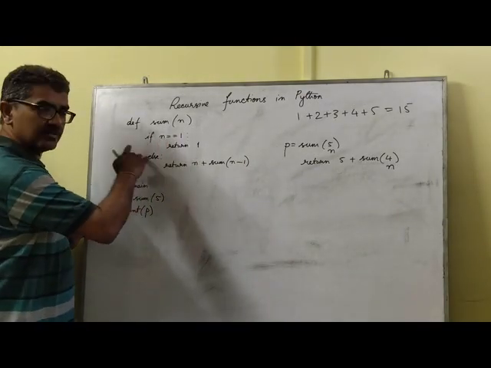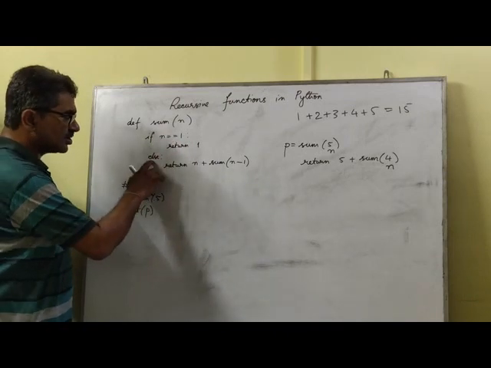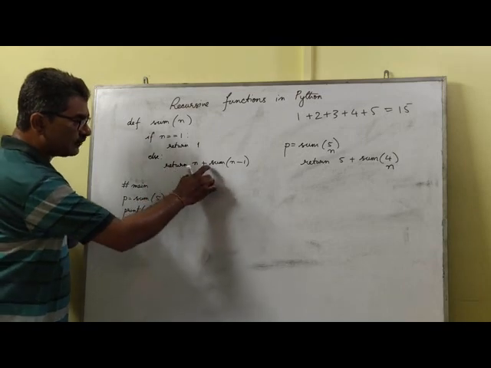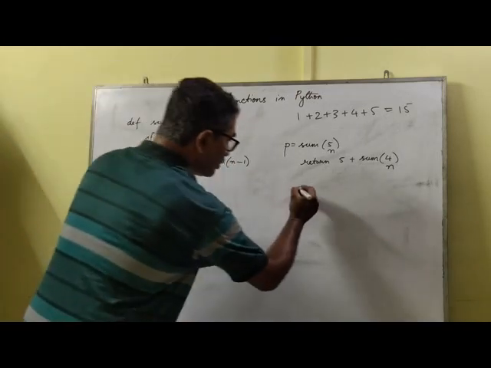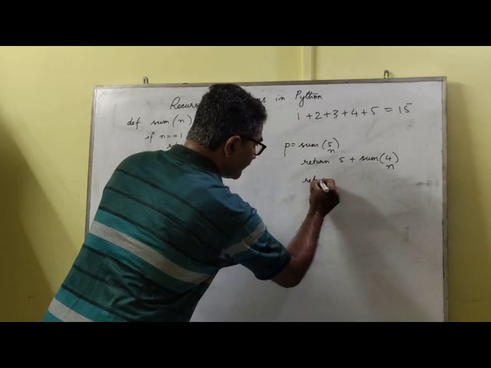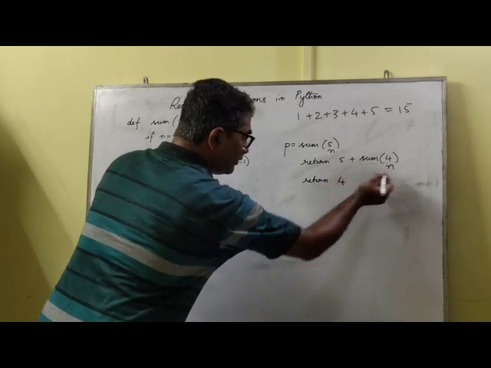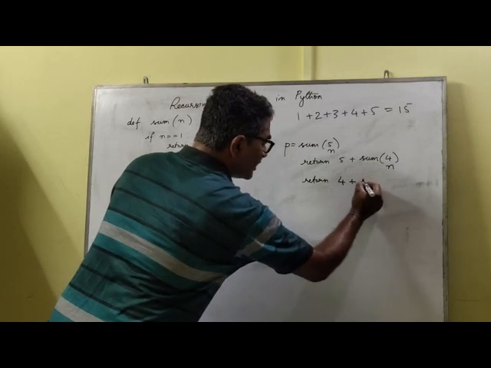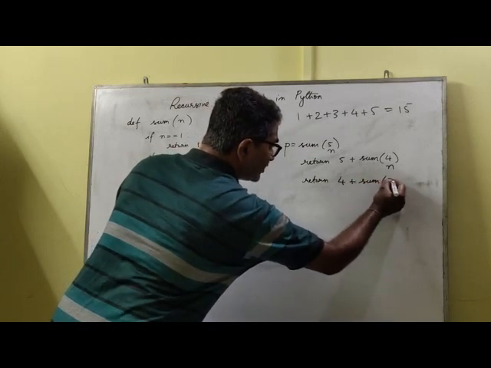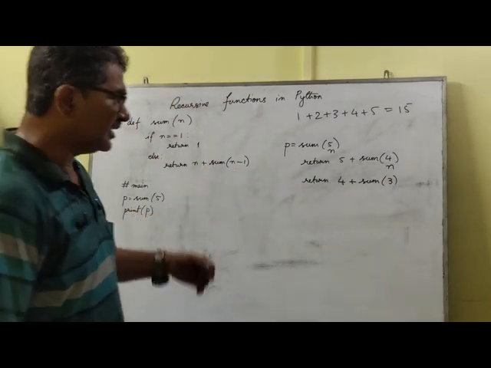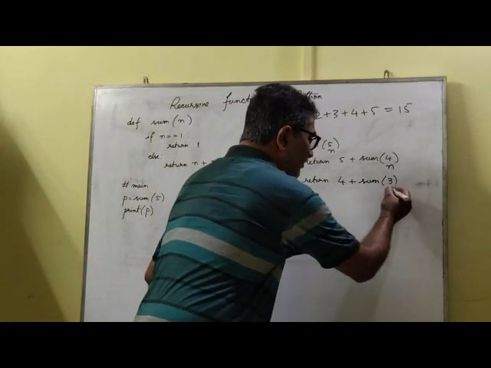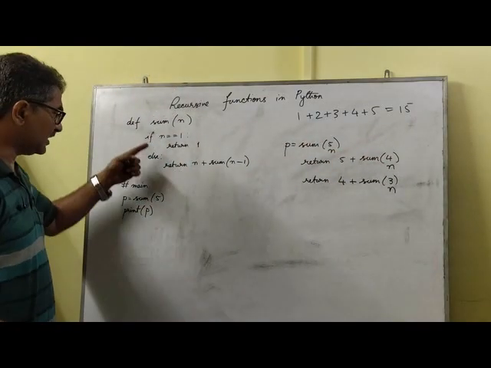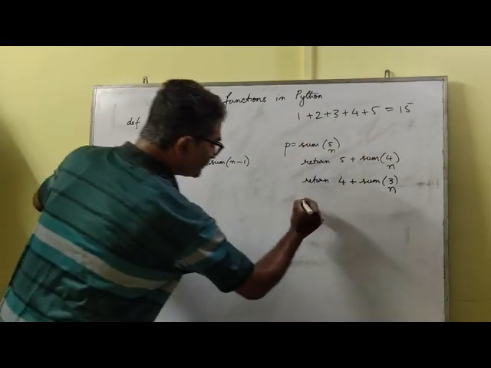If n is equal to 1, once again it is not 1, it's 4. So it directly comes to the else part, and in the else part what is written? Return n plus sum n minus 1. So return 4, because the value of n is 4 inside this sum 4 function, plus sum n minus 1, that is 3. Now once again, here the value of n is 3, which has nothing to do with the previous two values of n. And here, once again, it's going to return